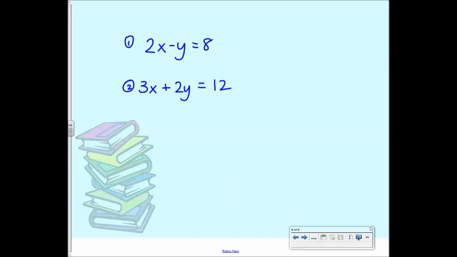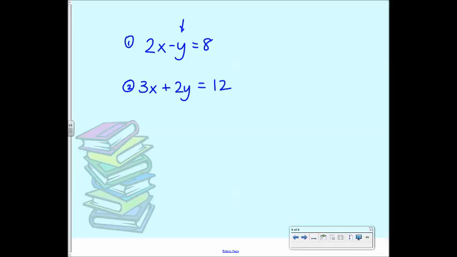Isolate means to get a variable by itself. So looking at this set of equations, I'm going to look to equation number 1, and I'm going to isolate y. Does anybody know, or can anybody guess why I'm isolating y? Why is y the one that I'm choosing to isolate? Okay, hopefully you're noticing that y is the only variable, this one right here, that doesn't have a coefficient, doesn't have a number in front of it. That tends to be the one that you want to isolate because that's the one that's easiest to get